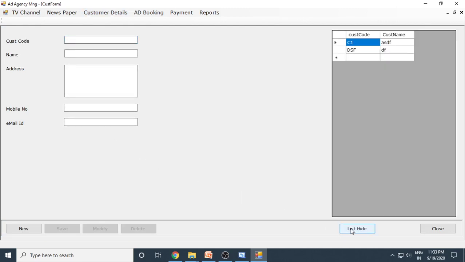Then customer details. So who are the customers who wish to give advertisement to us, so that we can write down. So let's say Infosys. So they want to give advertisement with us. Right, name Infosys Limited. Then address.